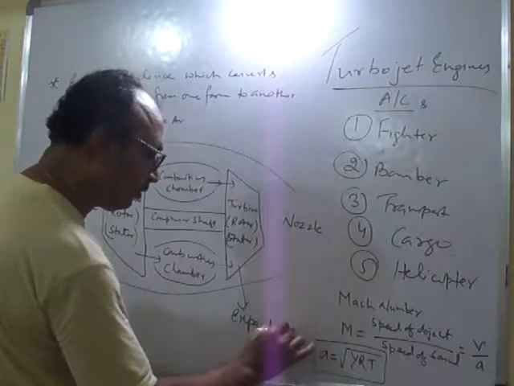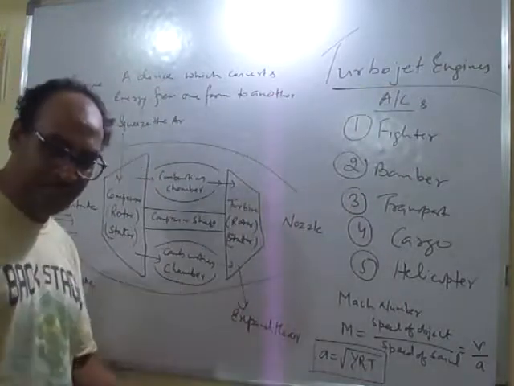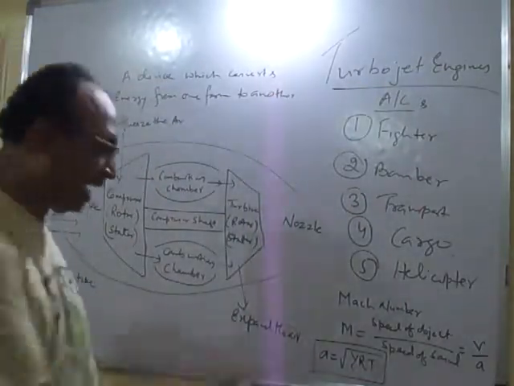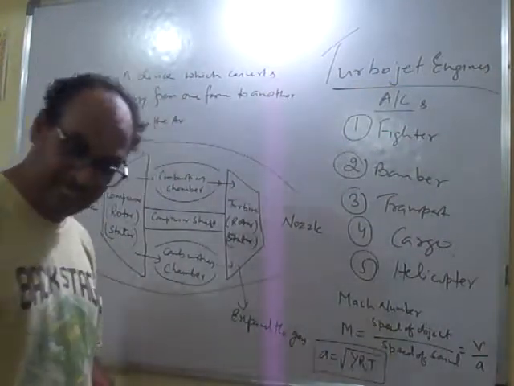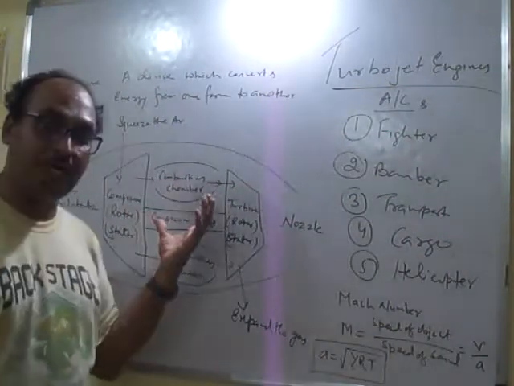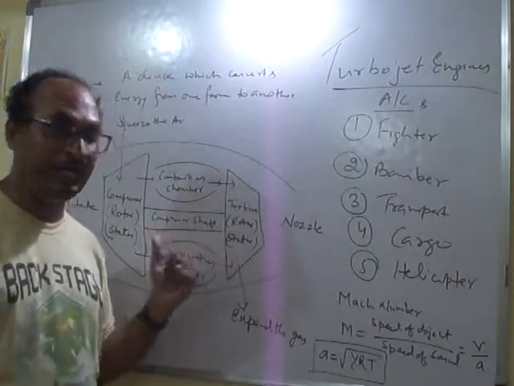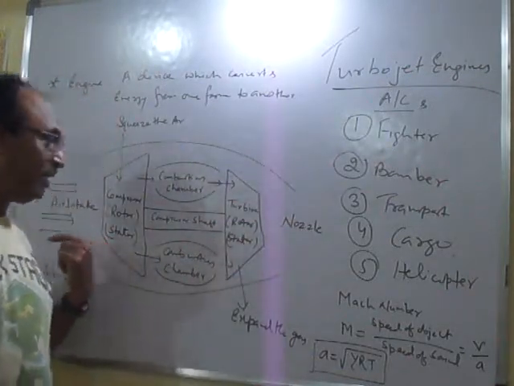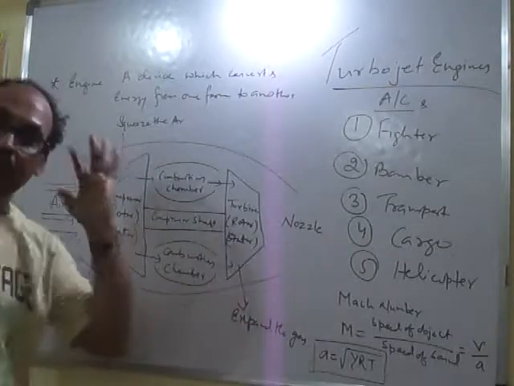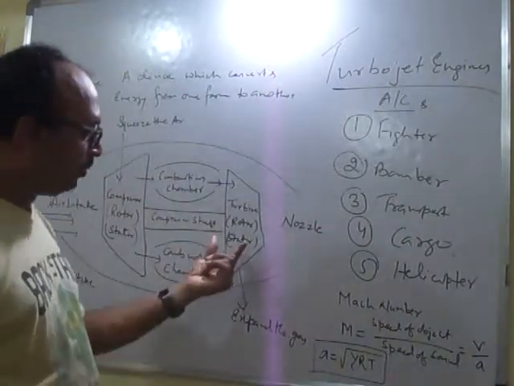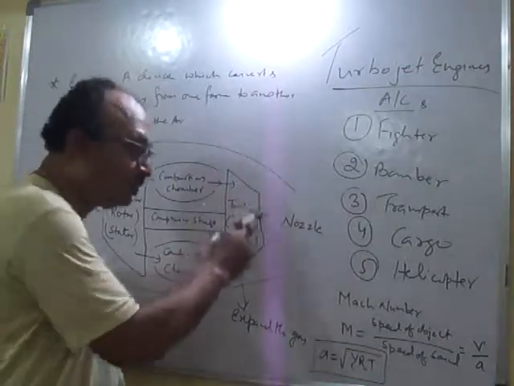Expand the air. Now we cannot say that it is air, because it has become gas. Why gas? Because fuel and air are mixed together and the fuel is burned. So the air which was up till here, only air, is being converted into gas. Now, what is the purpose of the turbine for this gas?